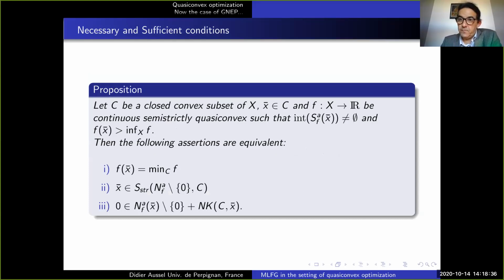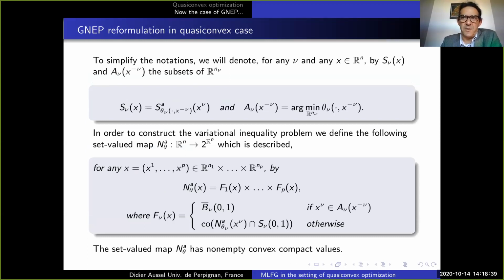What about GNAP? Because I will not stop here. You imagine, I will not stop at a single player and a single problem. So what about GNAP? Well, if I consider now the player I denoted by mu here, excuse me, could be I or mu anyway. So those are the adjusted sublevel sets: each player has a function theta mu, and those are the strategy of the other ones. So here, of course, the sublevel sets are in terms of the variable of the player, but they depend on the variable of the other ones, because we are in a Nash game. And if I denote by A mu of x minus mu the argmin of the problem of player mu,